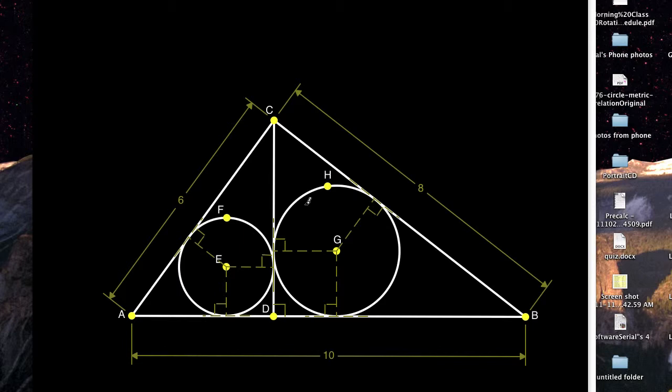I've taken the liberty of actually computing the radius of these two smaller triangles, so let me write down what those two radii are. This triangle right in here, this radius is 6 over 5. I've computed it, and you might try computing it too. And this radius right here for this triangle is 8 over 5,